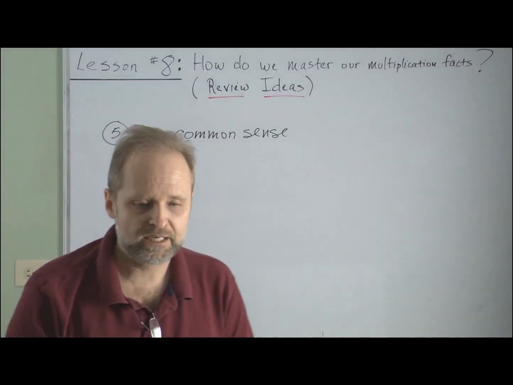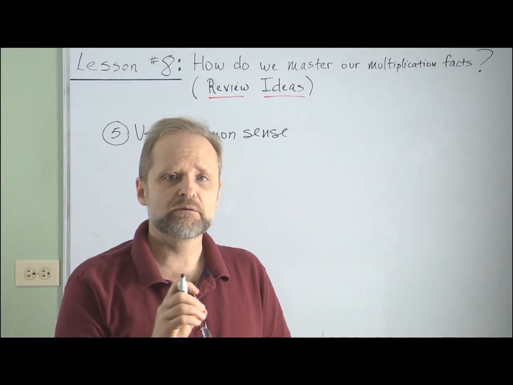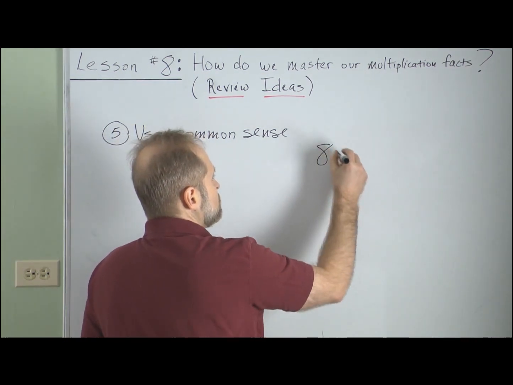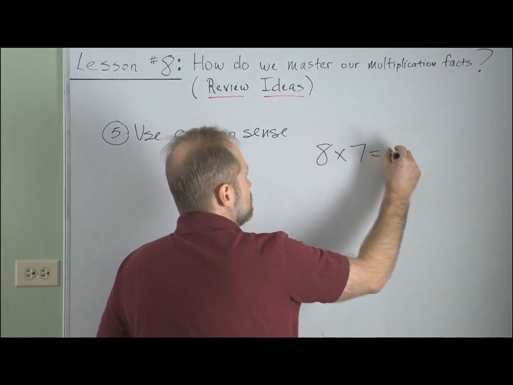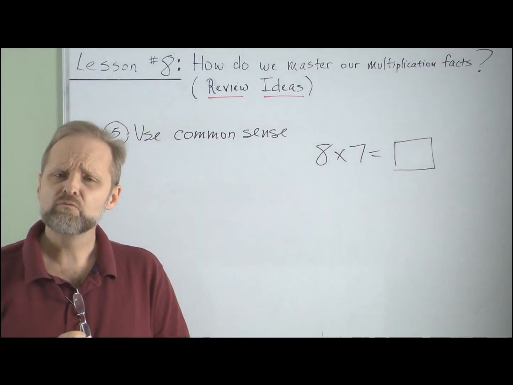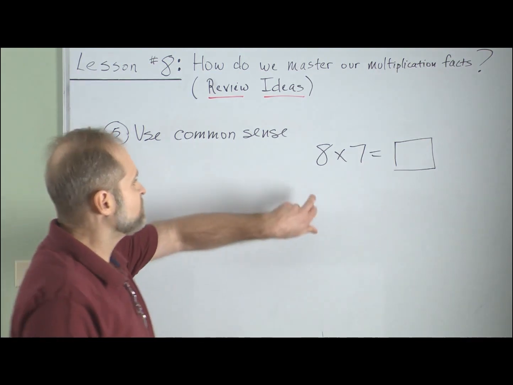Here's an example that I think will clarify. Suppose that we are working on 8 times 7 and a student forgets 8 times 7. I'm going to write it here this way: 8 times 7 equals box. What can we do? Well, one thing that we can do is we can ask that student if they remember